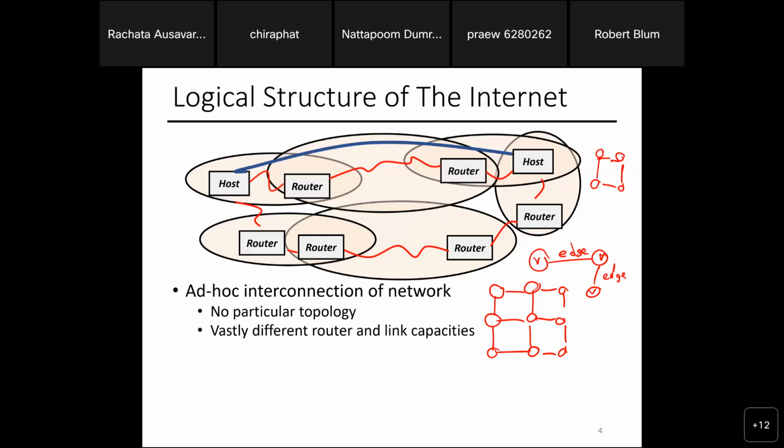And the router and the link capacity is going to be super different. Your home routers, usually these are cheap ones, right? I mean, why would you need a router that can support like 5,000 machines connecting to it? You don't need that. In your home, maybe you have 1 desktop, 4 laptops for all the family members.